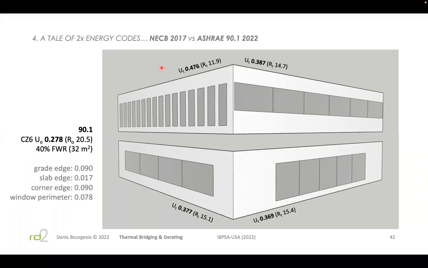Whether that translates into a 50% increase in heating, most likely not. It's probably in the range of 5–15%. What happens with the NECB is that we're heading in the opposite direction. So the code is telling you, you need an R23 for those locations, regardless of the fenestration layout, regardless of those choices. So for the same fenestration and wall ratios and the same psi characteristics of those thermal bridges,